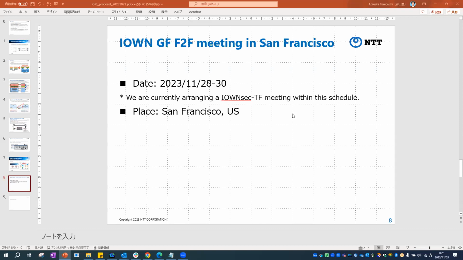Actually, we completed one OPI type of POC in ION. We call it the sensor data aggregation ingestion POC, and it combined the GPU, the DPU, and also NVMe. Anyway, I'll try to summarize the information together with Kawashima-san, who is the chair of the technology working group in the ION Global Forum.